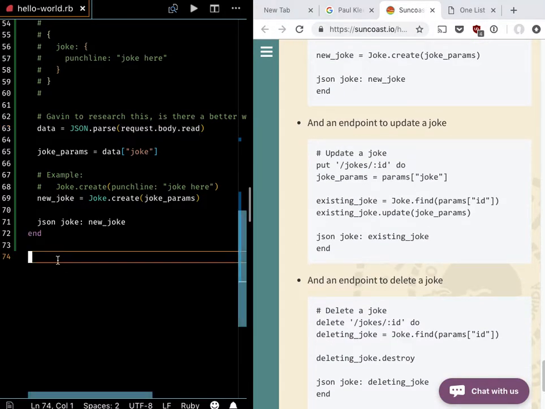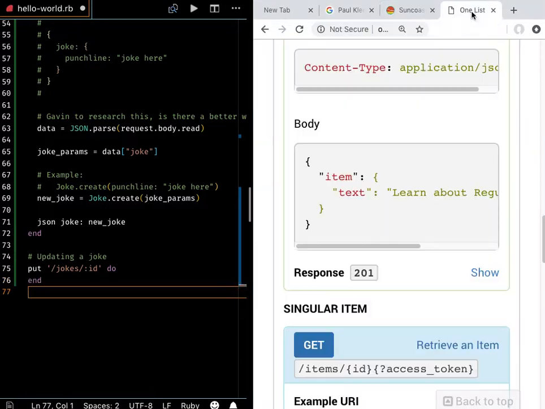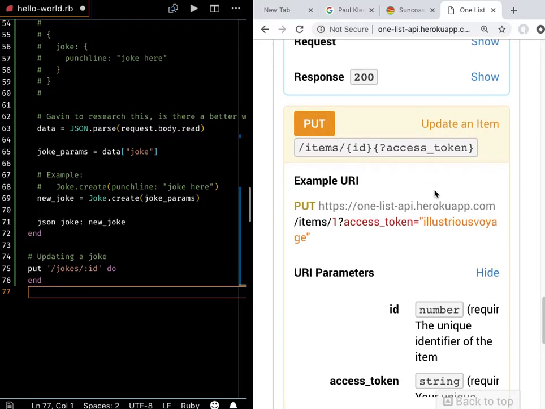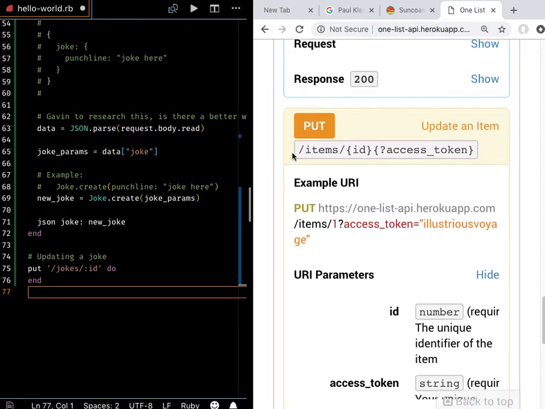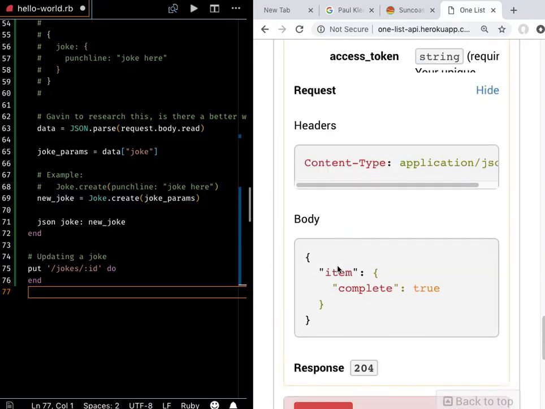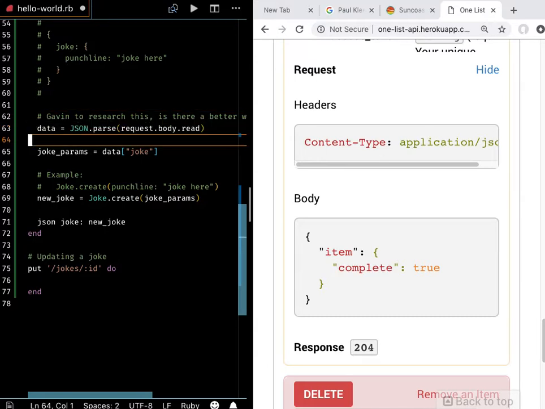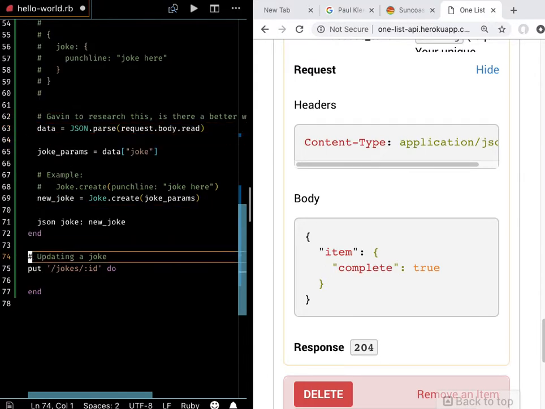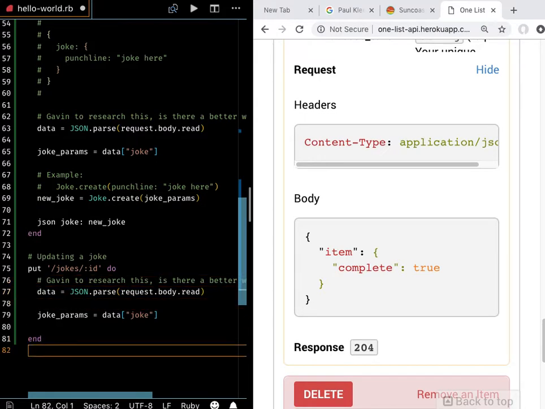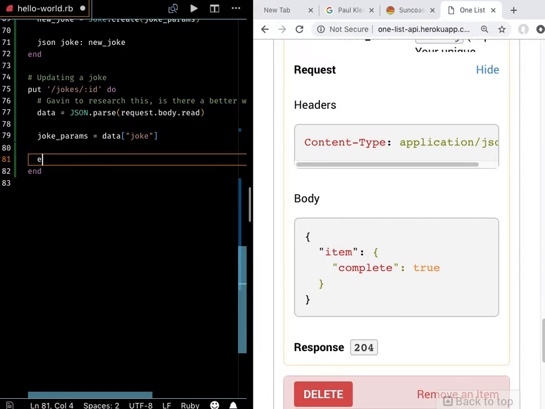Let's update a joke. So the update will be a put, and the path will be jokes and the ID. Right? If you remember when we were dealing with OneList, it was the same thing. It was a put to items ID, and we passed in the item and the fields we were going to change. So this put will work a lot like the post to create. We're going to take the data from the joke,